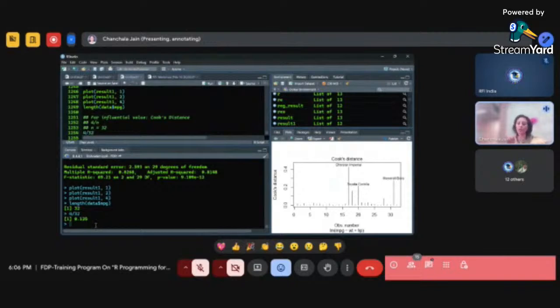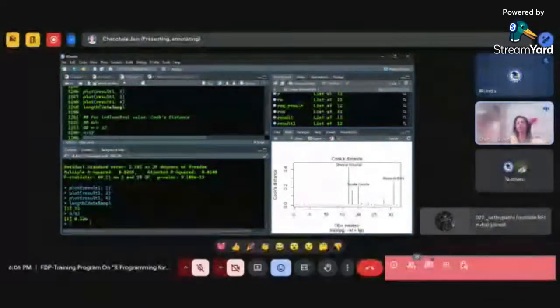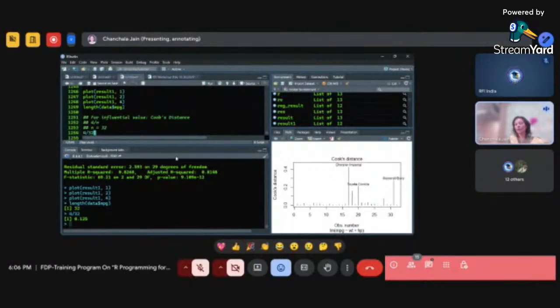0.125 is your threshold value. Now for every observation you will check if any observation exceeds this particular threshold value. That means that particular observation is influential data for my results, right? So here you can see 0.125 will come somewhere here, right? Because this is 0.2, that means this is 0.1. So 0.1 and a little above this will be 0.125. So this will be my threshold, right? So above this, if you can see, this is the